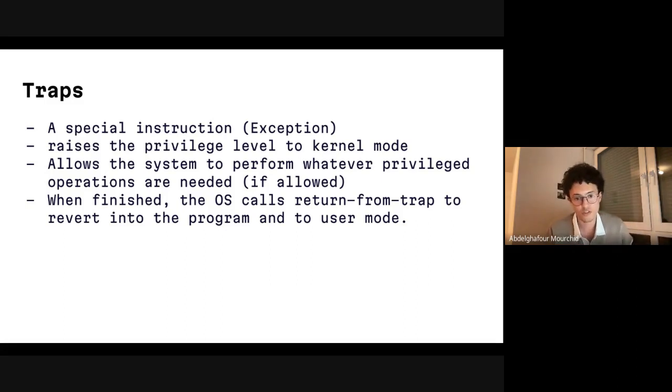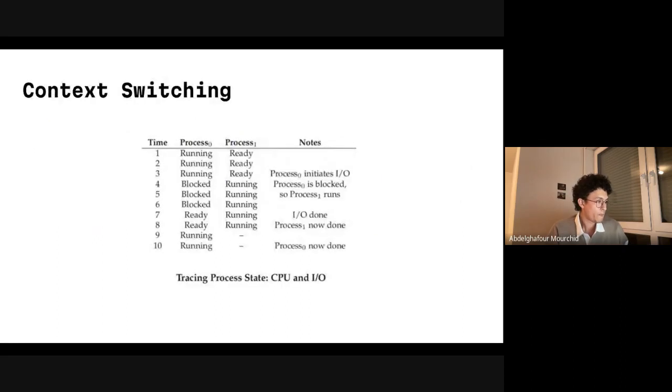If it takes so much time, the OS can decide, or the kernel can decide to kill that process. So yeah, just going back to the same example, the context switching. Now the OS made the active decision and now leaves process 1 running while keeping process 0 blocked, until process 1 finishes and then it gives back the